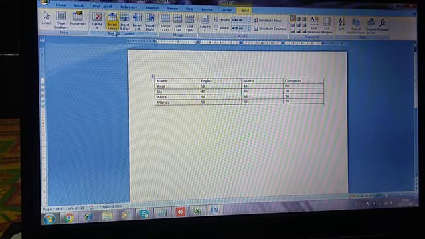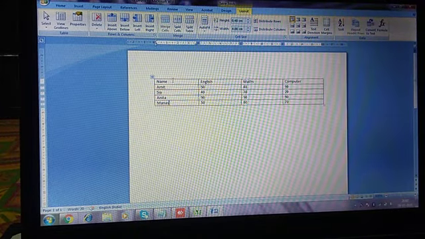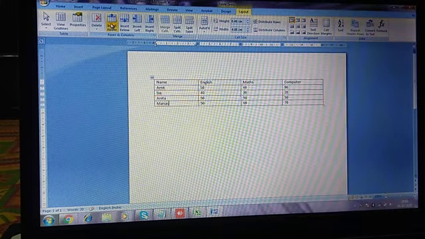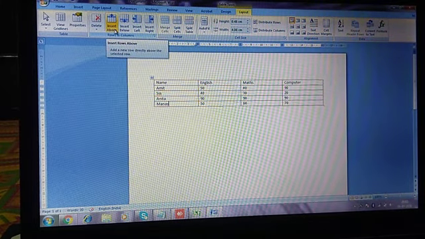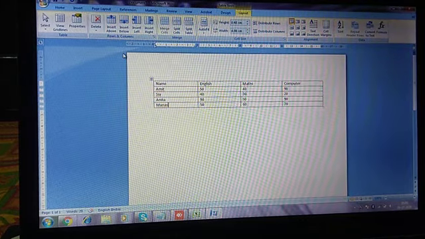When we are inserting rows, the horizontal part of the table is the row. So if you want to insert a row, you can insert it either above or below. Two options are there.